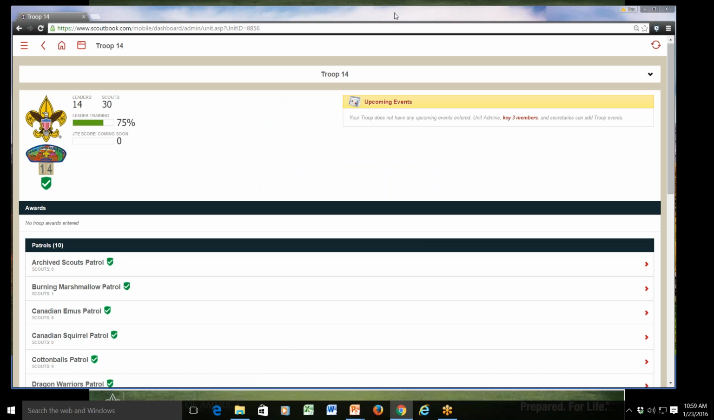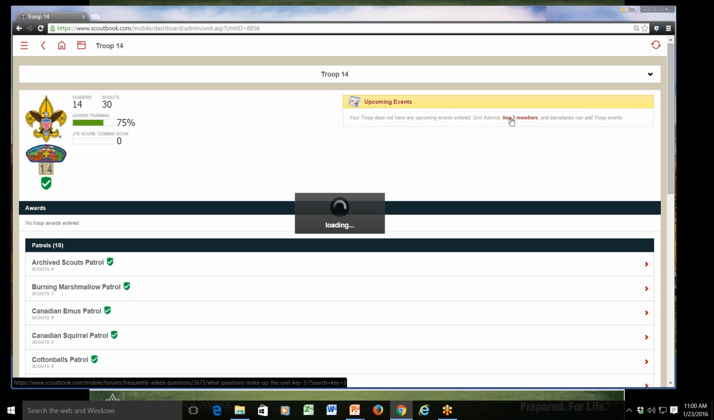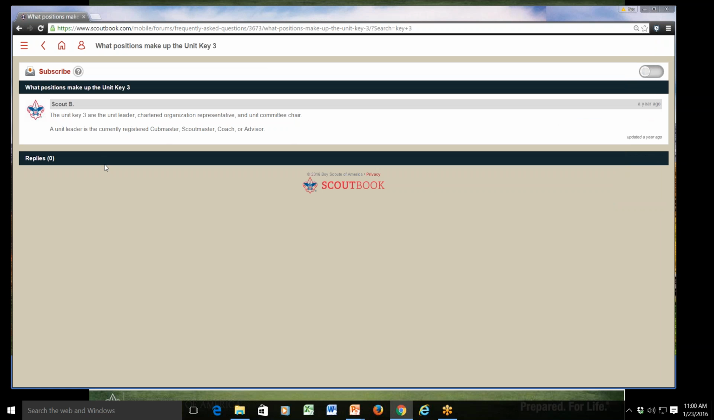When you're at your Troop or Pack homepage in Scoutbook, you'll see up in the upper right corner an upcoming events tab banner here. Events can be edited and added by any of the Key 3 members in your troop or pack. If you don't remember what that is, you can click on this and it'll tell you who they are. It's the Cubmaster, Scoutmaster, Coach or Advisor